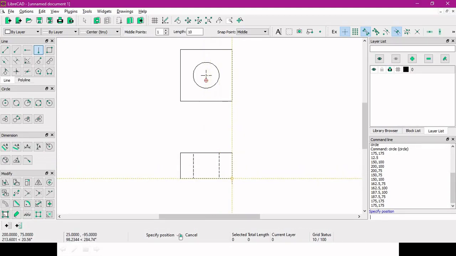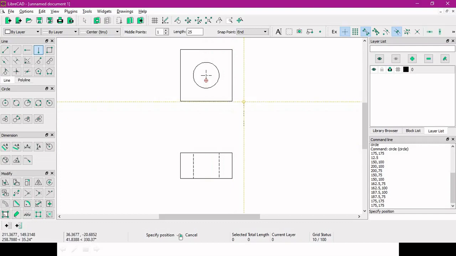So this length is 25. Let's put that. So here we can change the length as 25 and change this as endpoint. So it will show a vertical line which starts from the endpoint. So this endpoint we want.